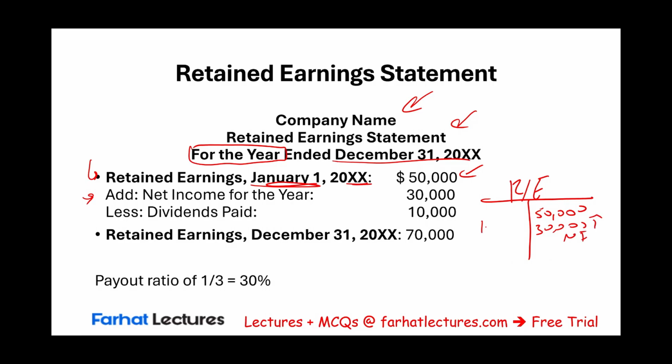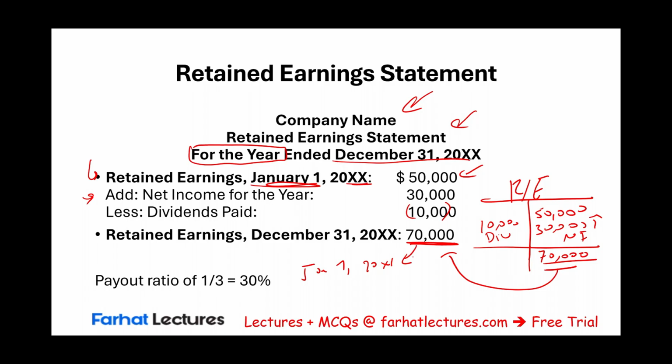Then the company paid a dividend of $10,000, less dividend. This is the dividend. Now, if we take beginning plus net income minus dividend, we end up with $70,000. And this is the ending retained earnings. Now, this ending retained earnings will become January 1st, year 20x1, the beginning balance for next year,